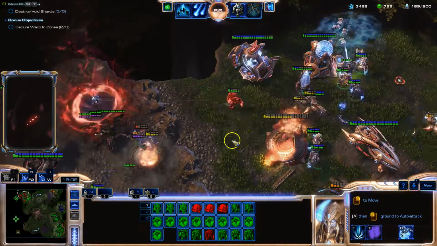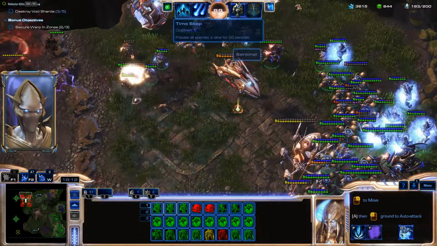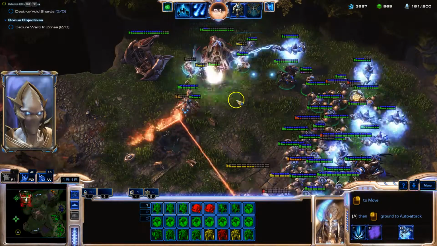Your suffering. Hierarch, the remaining shards are bleeding void energy. Approaching them will be extremely